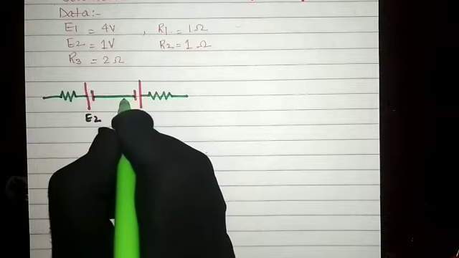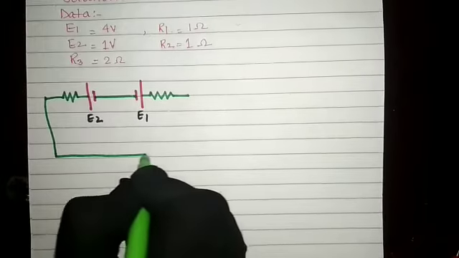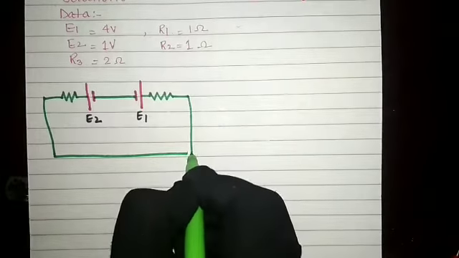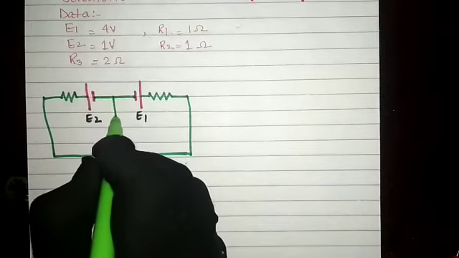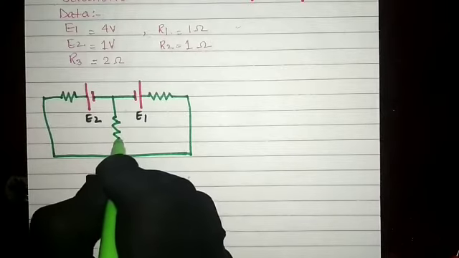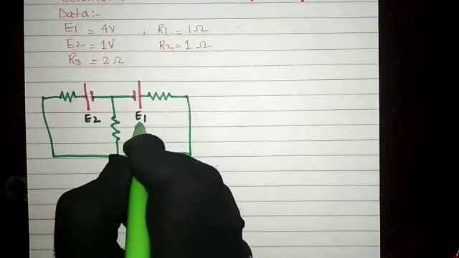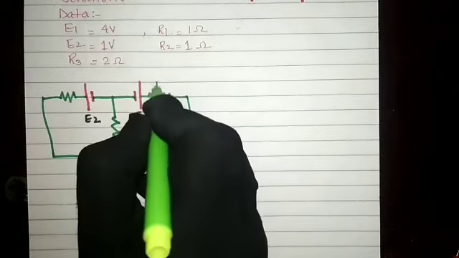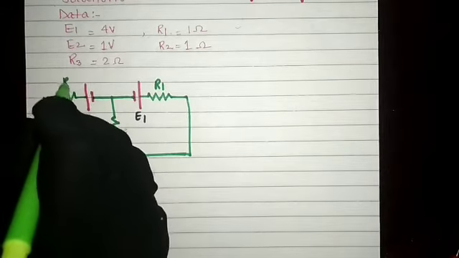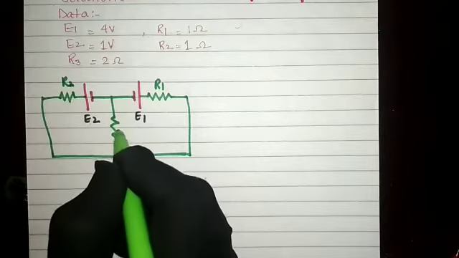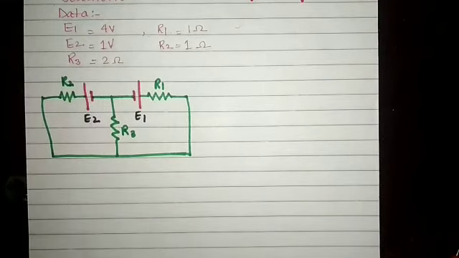So like poles are joined together. Then you have to consider one external resistance. So here you are going to consider the external resistance. Now suppose this is your E1, so across the E1 the resistor will be R1. Similarly this is E2, across this resistor will be R2, and the external resistance that we have connected will be R3. So values are already given here.